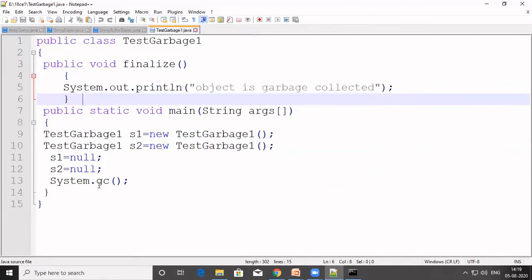And then we call the gc method, which is a method of the System class, so we write System.gc. Whenever the Java garbage collector finds an unreferenced object, that means an object which is no longer in use, using the three ways, like nulling a reference, assigning a reference to another object, or an anonymous object. Here we use the null reference value. Now we see the output of this program.